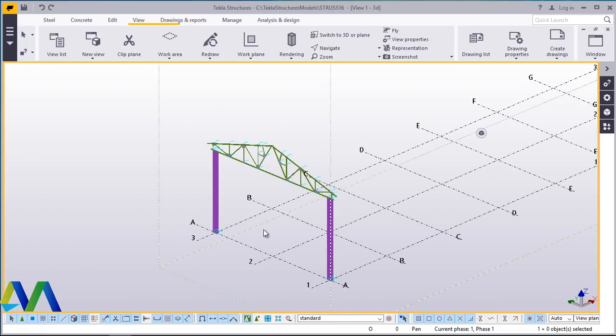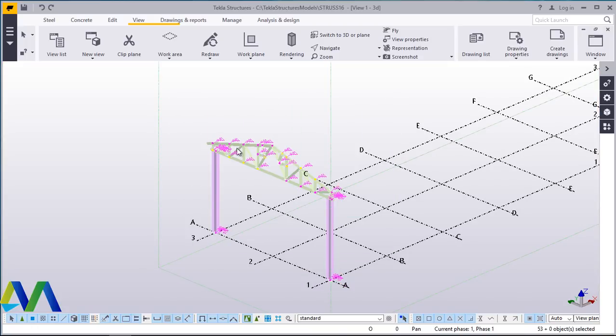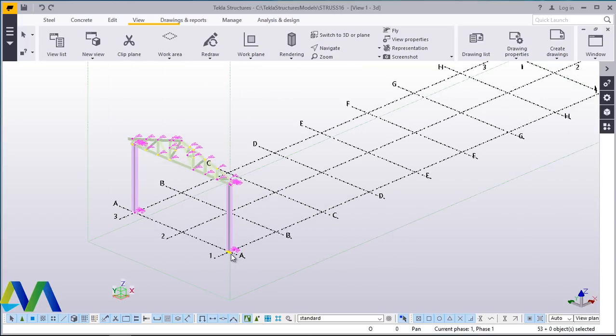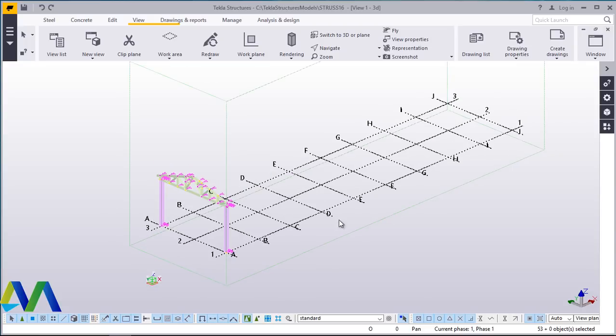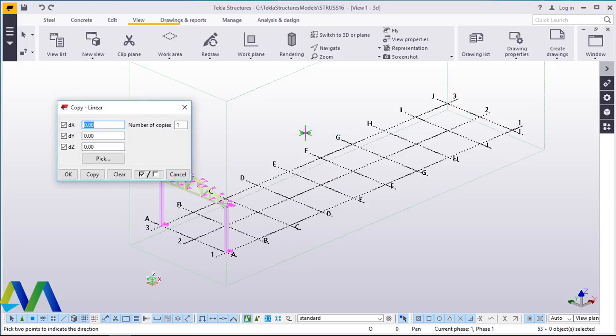Now we want to populate this along this line. We just highlight everything here. Right click, and prior to populating everything here, please note that we have 1, 2, 3, 4, 5, 6, 7, 8, 9, 10. We have 10 columns, but we have one already done. Now we'll need 9 of them. We'll just right click after selecting everything and come to special copy, and click linear. Once you've clicked, make sure you get the orientation or the direction where you want to populate your truss or the columns